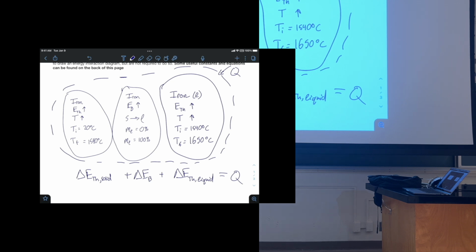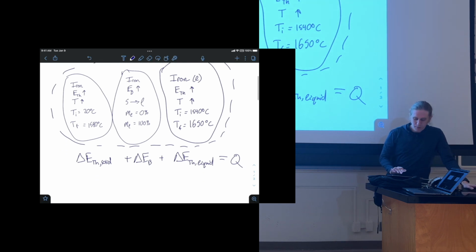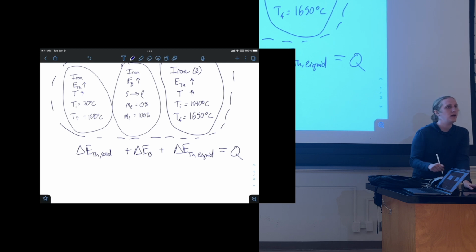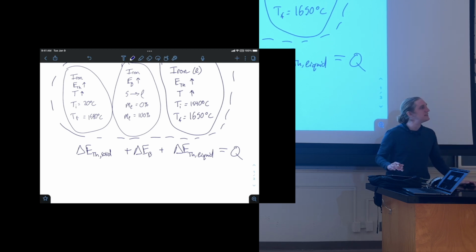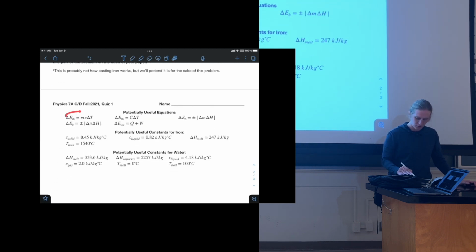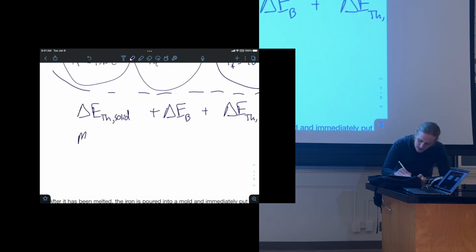All that we want to do now is calculate this number, this Q. Right? So what we would do is the next step is we just start replacing these with the pieces of, we would replace these with this. I don't know what the word is that I'm looking for. But right down here, I have the equation for change in thermal energy. So what we would do is we would say, okay, mcΔT when it's a solid